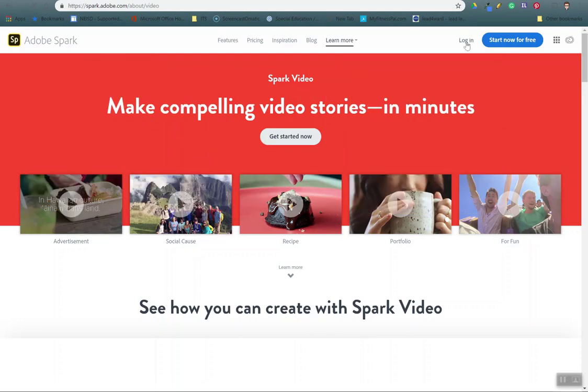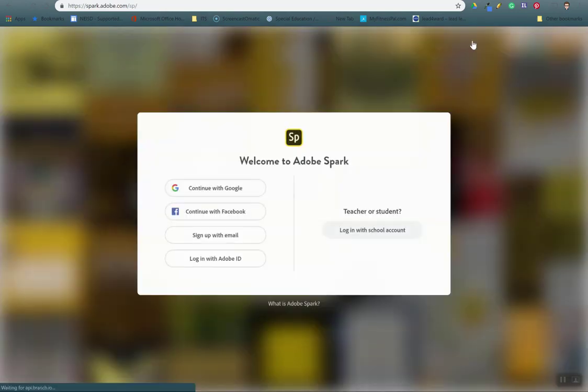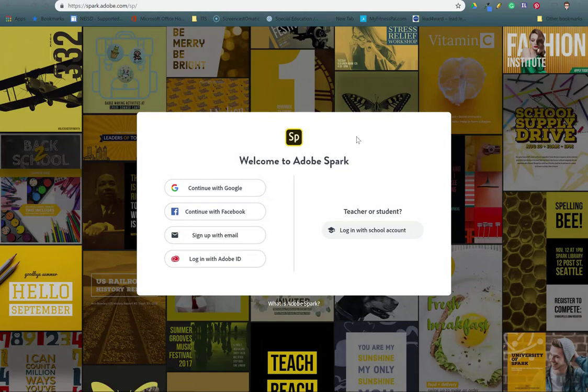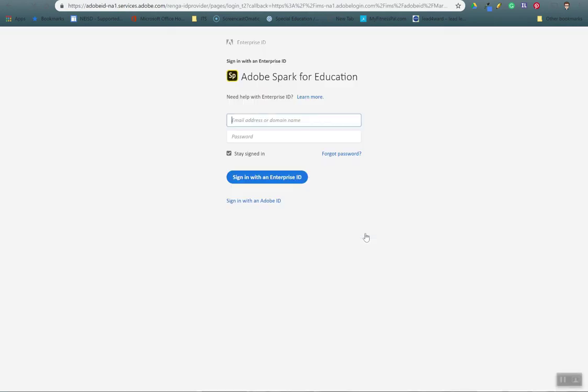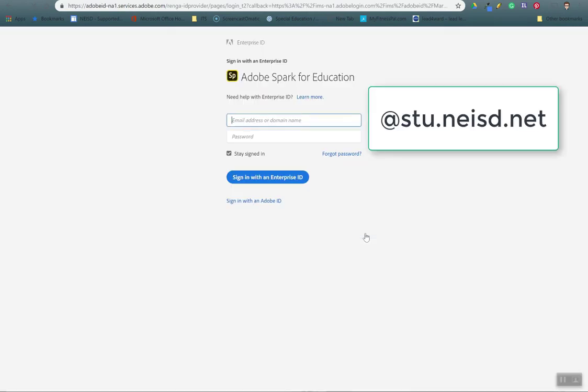Once I get here, I want to log in. This lets me have all the cool upgrades that come with being part of any ISD. So I want to find here what says teacher or student, and I'm going to log in with my school account. Now for you guys, this is your @stu.neisd. Okay, and I know that sometimes it is difficult to type that in, so take your time, make sure that you type it in